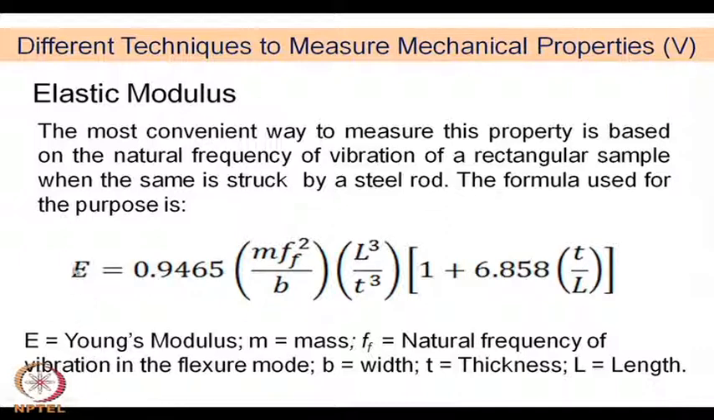E is of course the Young's modulus, m is the overall mass of the bar which you have used, because the total mass has a very important implication on the frequency of vibration. Ff is the natural frequency of vibration in the flexural mode, b is the width, T is the thickness, L is the length. So, once you know the mass, that means the weight of the sample also has to be measured in addition to its thickness, width as well as length, and then you have to measure the natural frequency